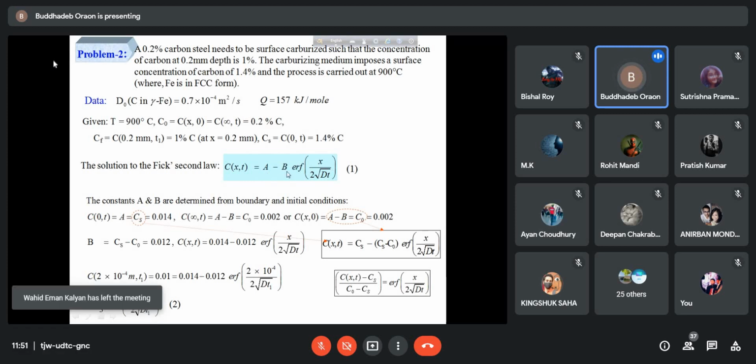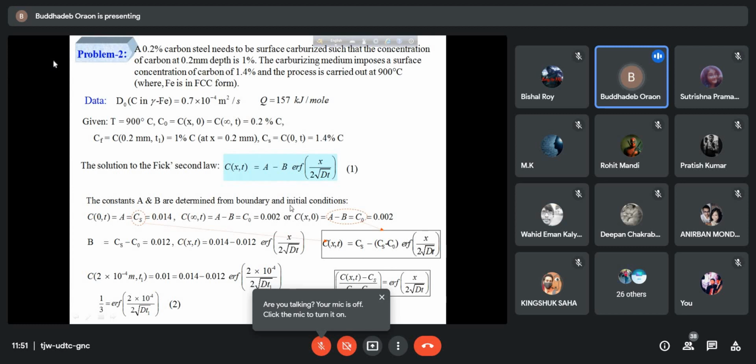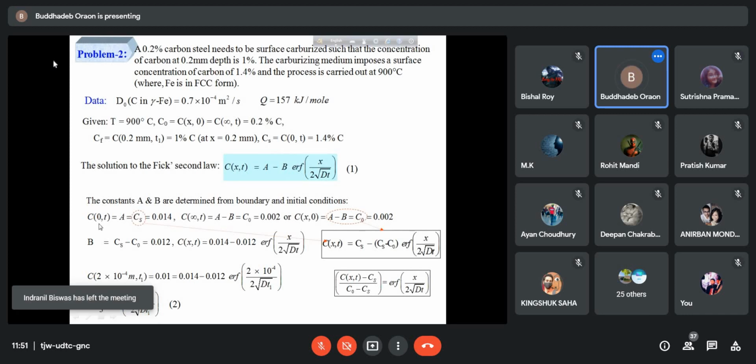Put this A and B in equation number 1, then it is known to you. So the constants A and B are determined from the boundary and initial conditions. So what we are getting is the value of C at x equal to 0, and for any t value it is equal to 0.014, and this you can calculate. So basically from equation number 1,